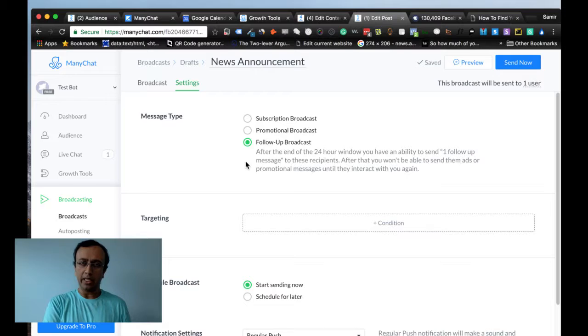After the last interaction with the bot, you have 24 hours within which you can send promotions, advertisements, offers, or things for sale. But not only that, after the 24 hours, you can send one more message which can contain ads and offers. So it's referred to as the 24 plus 1 rule.